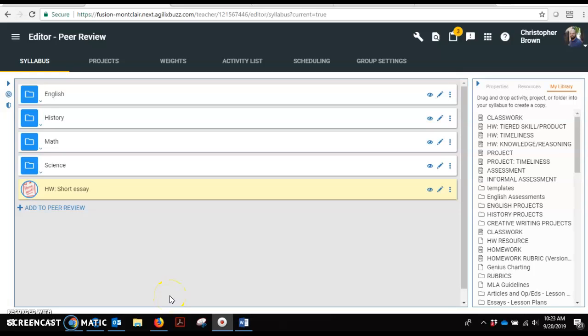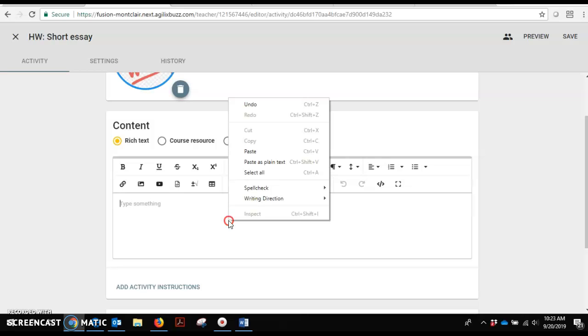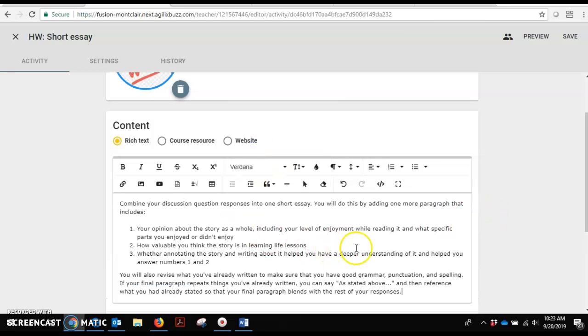Hey everyone, I just wanted to show you this small little tip today about my preference for where to put assignment instructions in homework assignments or projects and things like that. So if I go in my editor here for my assignment, a lot of people just see this text box here and say, okay, I'm gonna throw my assignment instructions in there, and that's fine if that's your